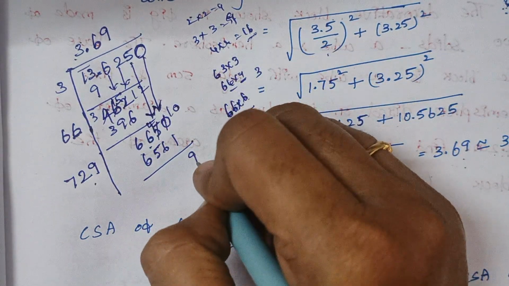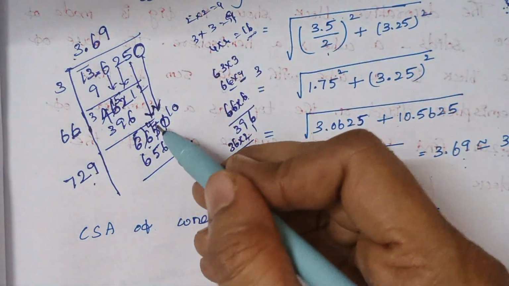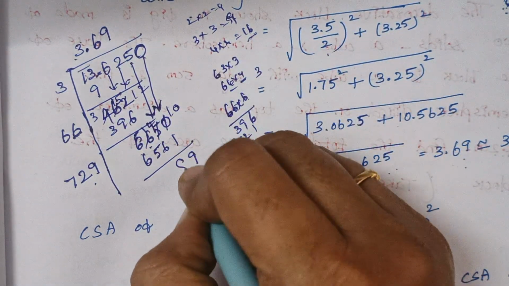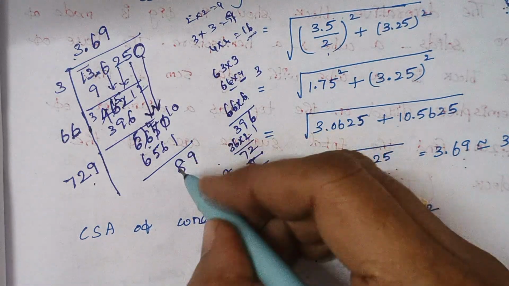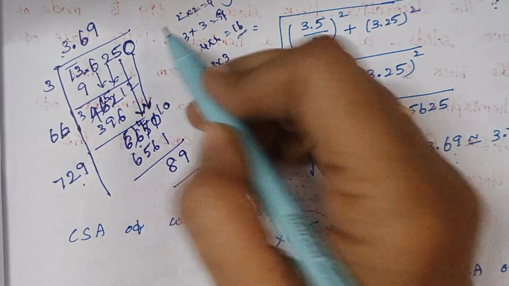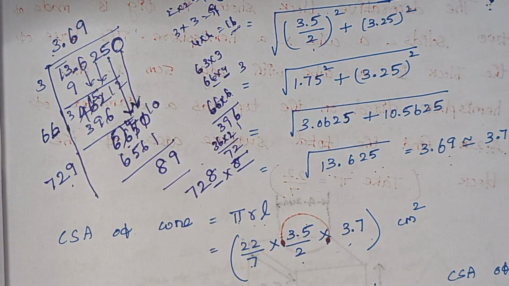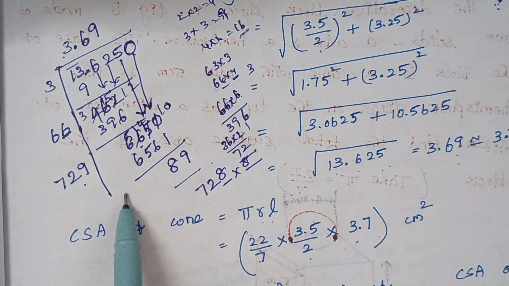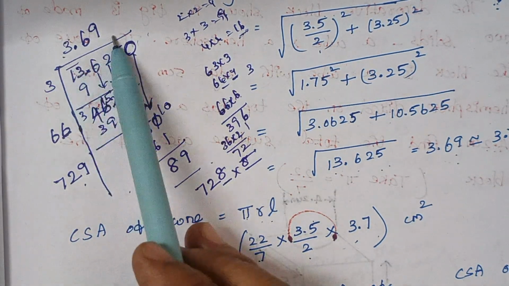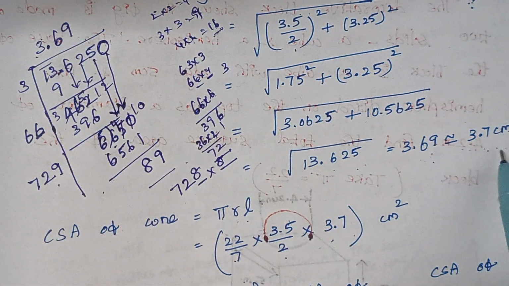So 10 minus 1 is 9. So here it again becomes 5, it becomes 14. So here 14 minus 6 gives 8. So here the balance comes 89. If you want to proceed, again you have to add 2 more zeros and bring it down, and again you have to multiply and it goes on, right? So this is the method to take square root. So here we are ending up with the answer as 3.69, right? So this is what I had written here,